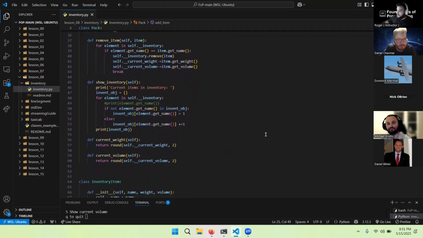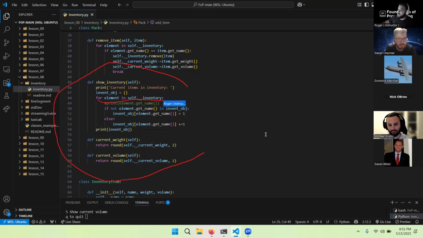We'll just skip the rest, but this should be the finished product for the most part. The show inventory, I like this right here, because you might have a large number of objects. If you try to print out an object, like I've shown you during class, it's going to print out the weird string where it tells you object and then gives you a long location in memory, right? To avoid doing that whenever you're trying to show your inventory, notice that he iterates through